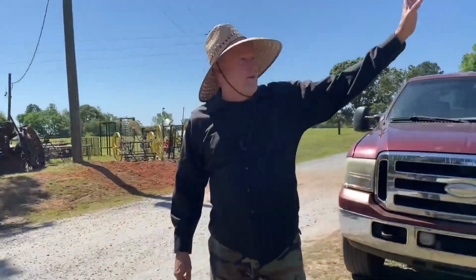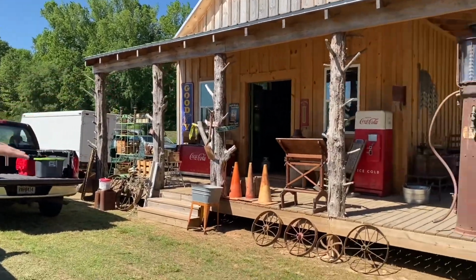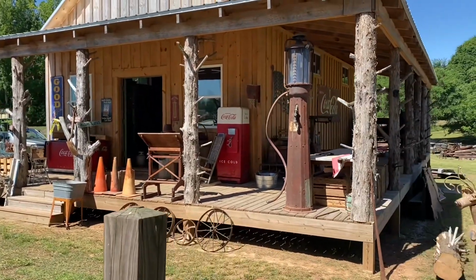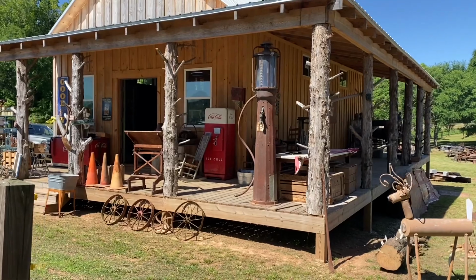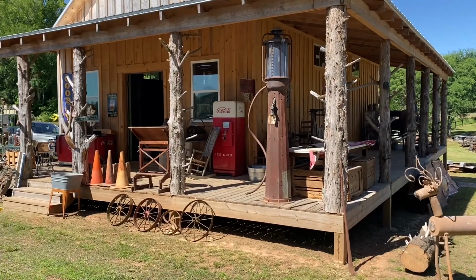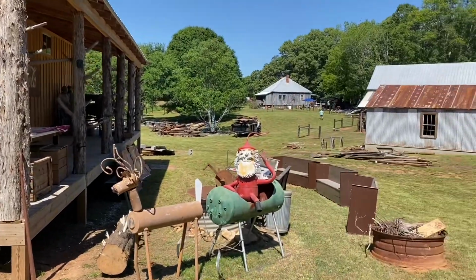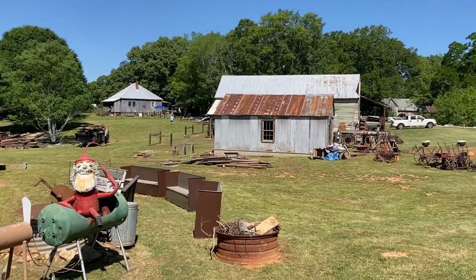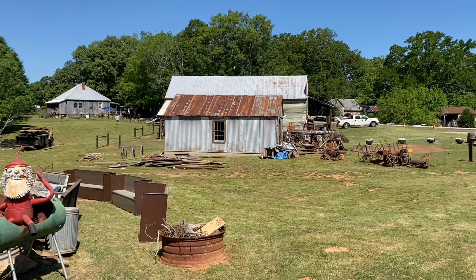Walking out from the new country store, you can see the gas pump. A lot of times those gravity-fed gas pumps were on the front porch of the old store or just outside of the store on the ground. If you pan to the right, you can see the metal building with the window that has no glass panes in it. That was a blacksmith shop that was moved from